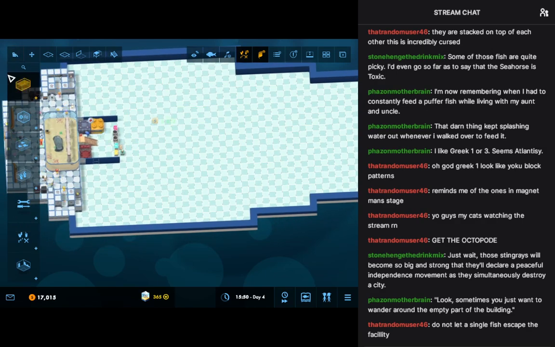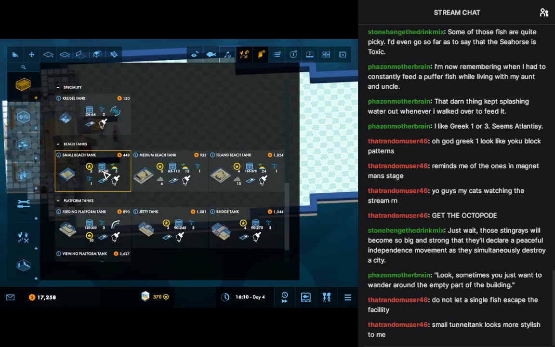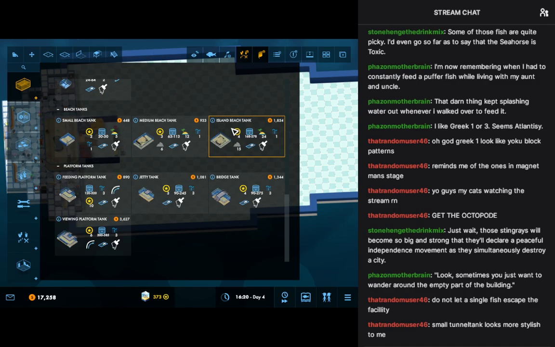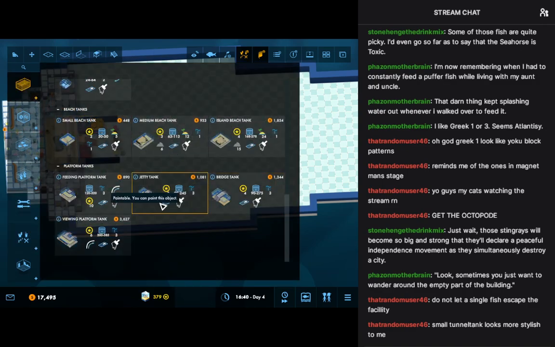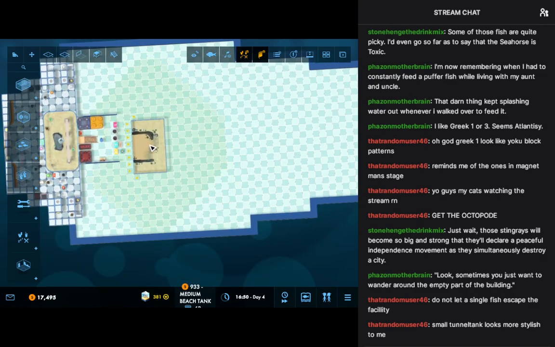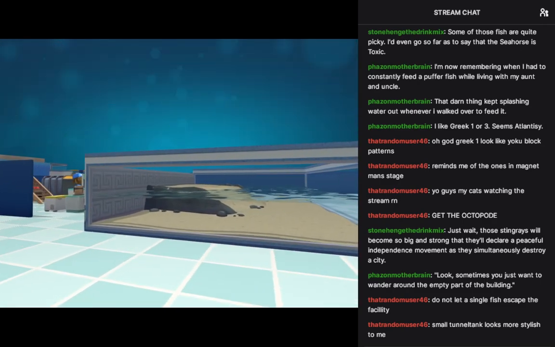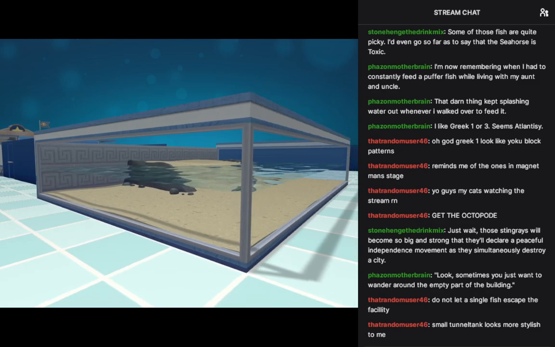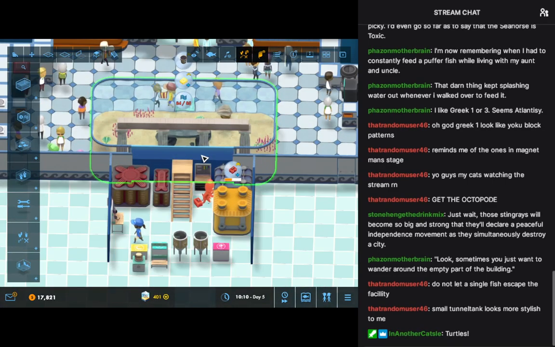So that's an option. Or we could put in... let's see, one of the larger ones. Okay, well, we were talking about not putting actual fish in here. So I think a medium beach tank could fit, so we could put in snakes or gators or something, and then have people walk around the edge there. So small tunnel tank looks more stylish. Okay, we can go with a small tunnel tank, but